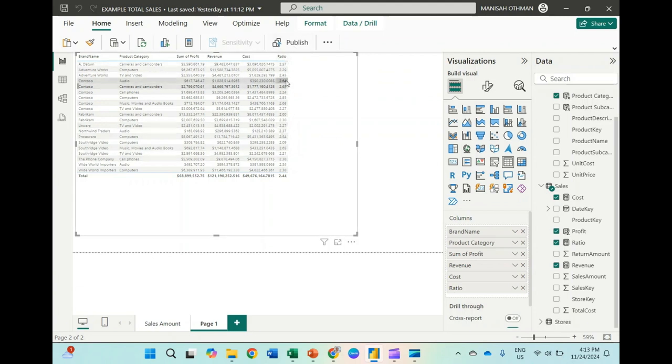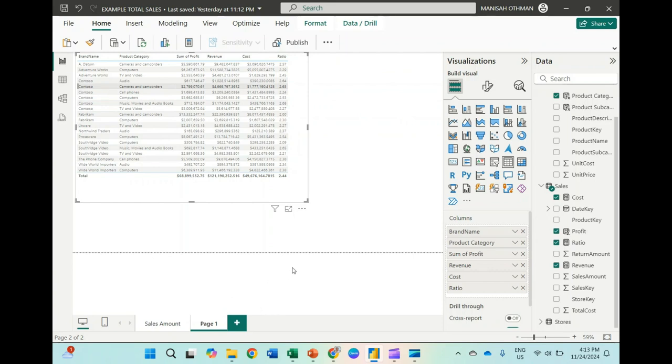So decimal number ratio. Okay, so this is how you can create new calculated columns or new measures for the existing table using Power BI.